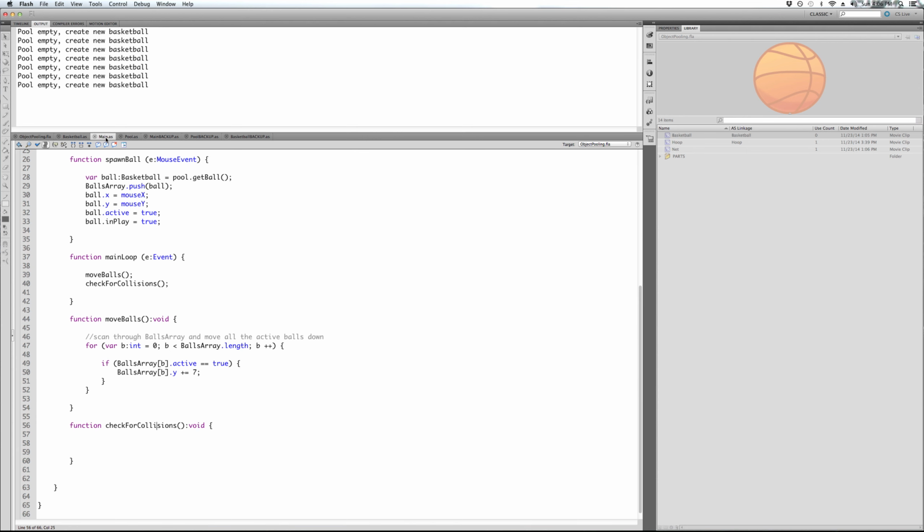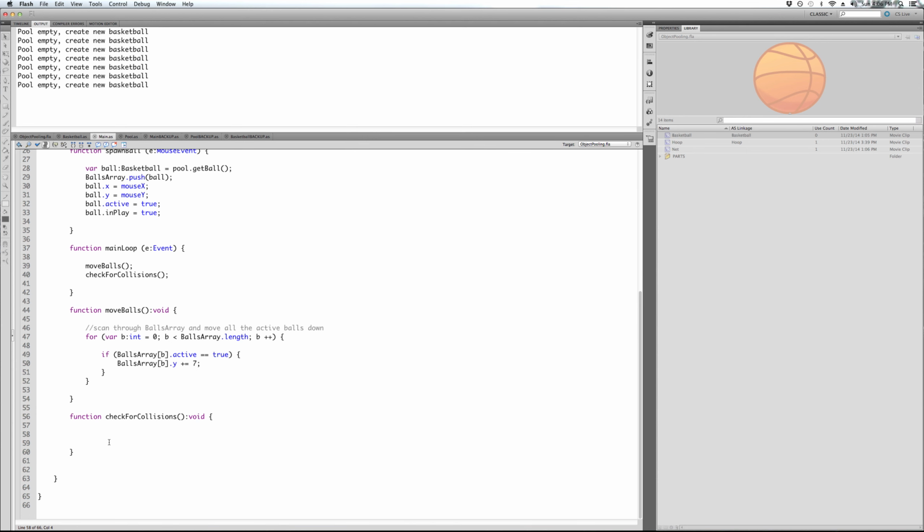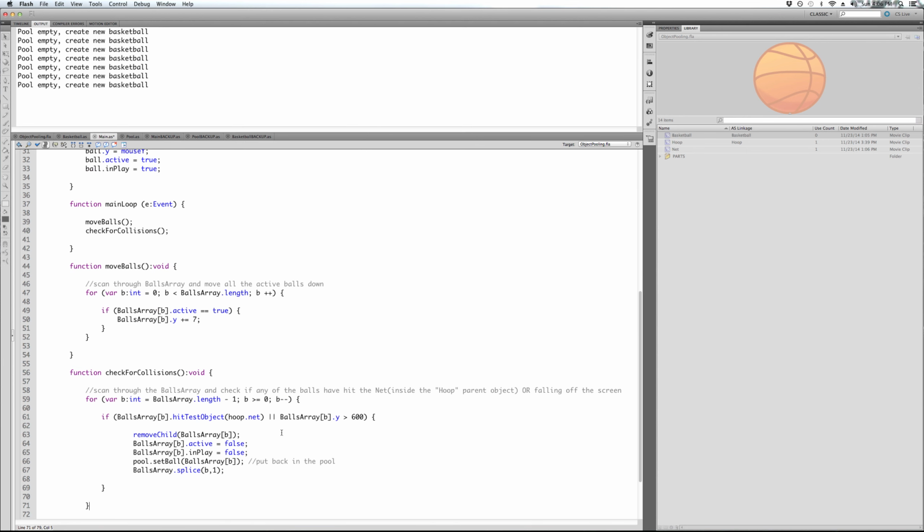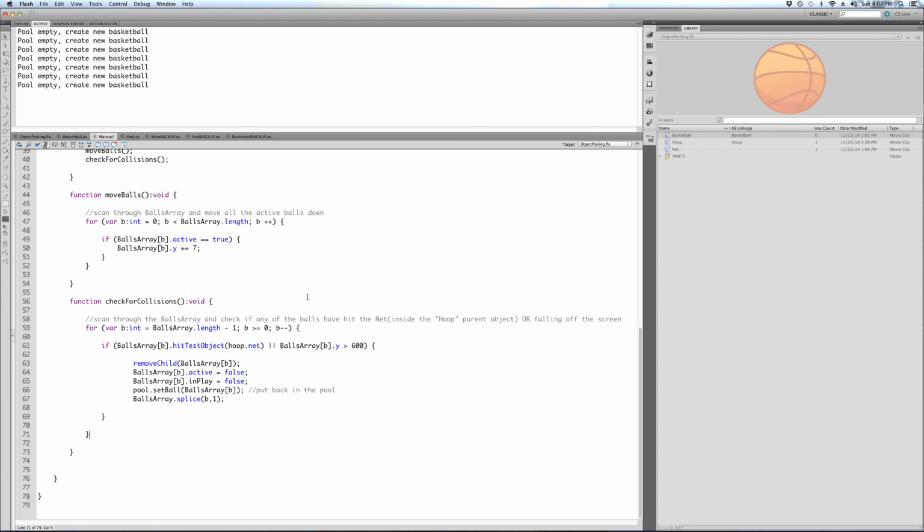We're just doing it off the bounding box of the object, which is square. So it may not look like it touched the very edge of the hoop or the net, but you get the idea. Okay,